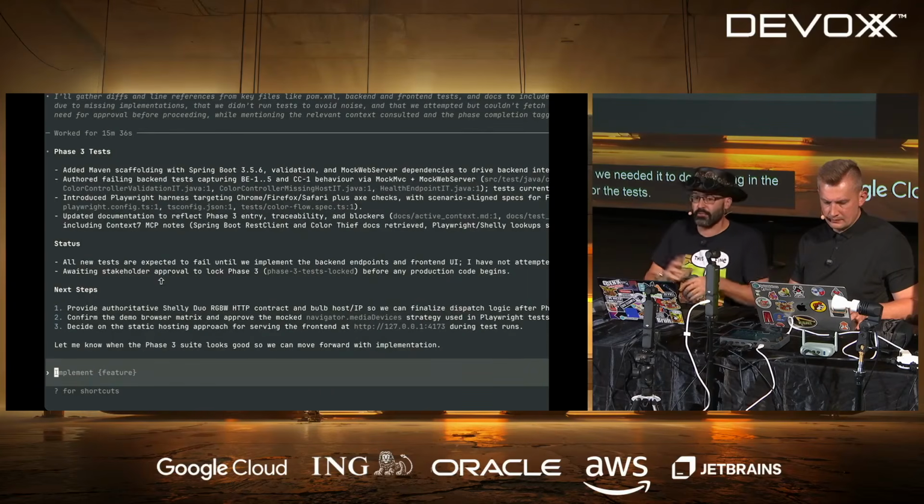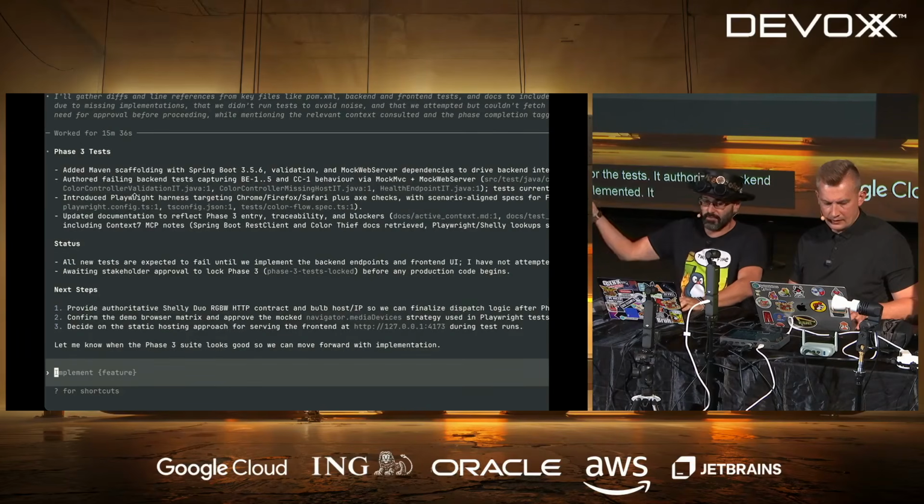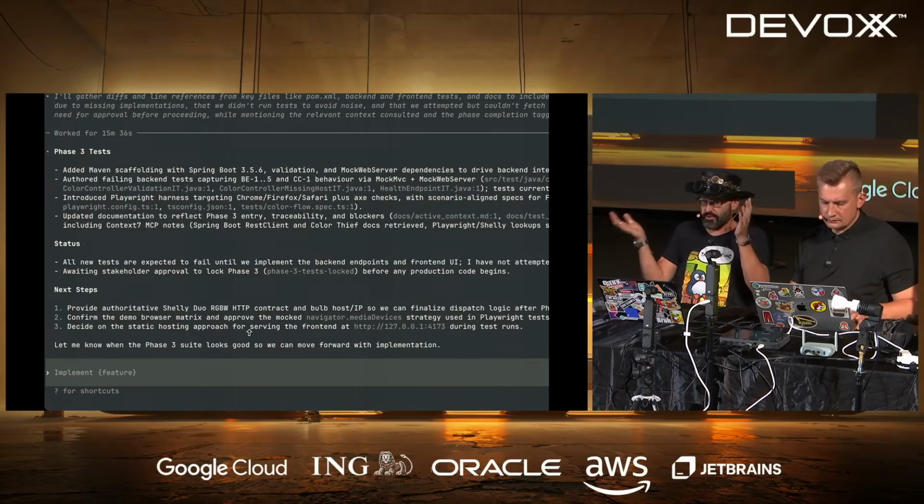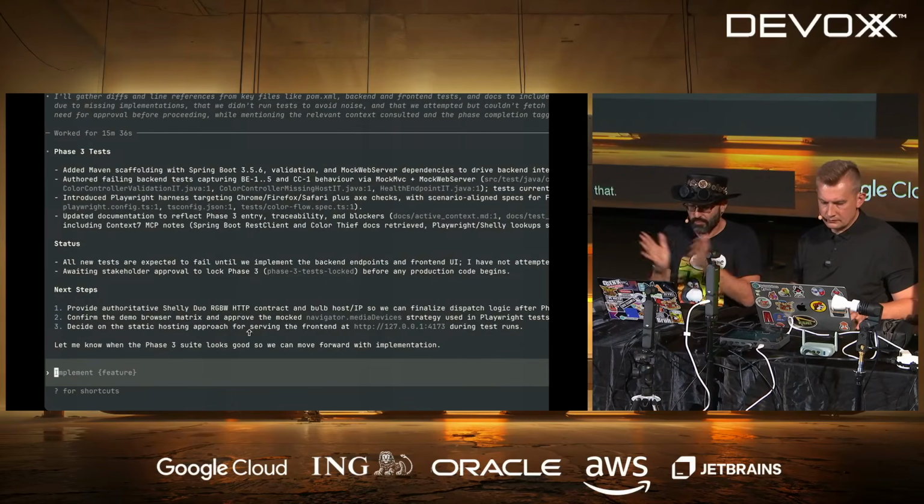It authored backend tests that are failing because they're not yet implemented. It built a Playwright harness for the UI tests. Updated documentation, which is very cool. All new tests are expected to fail, pretty cool. And now it actually says, give me the IP, and I will go and actually start using that. So this is pretty cool.